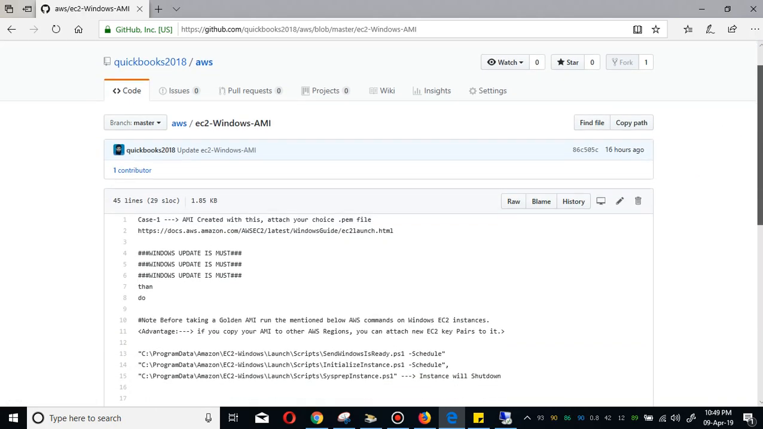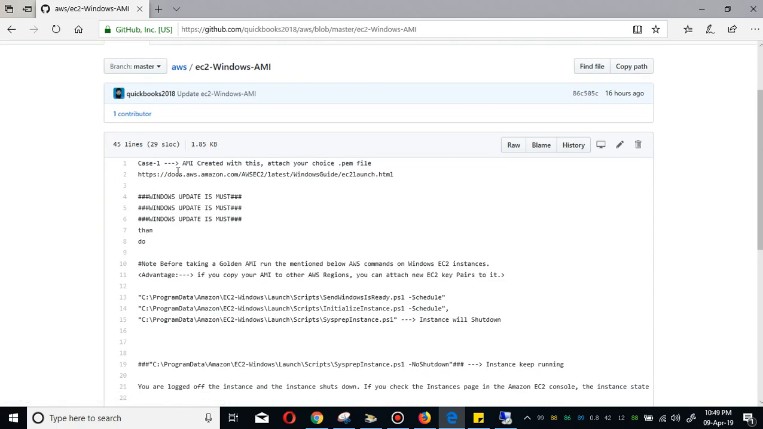The recommended way to take an AMI is in the AWS documentation, and I have put the link if you want to read it. All the settings I have described are there. To save your time, I've put all the commands in the repo, with a little bit of explanation about these commands. You have to copy all these commands